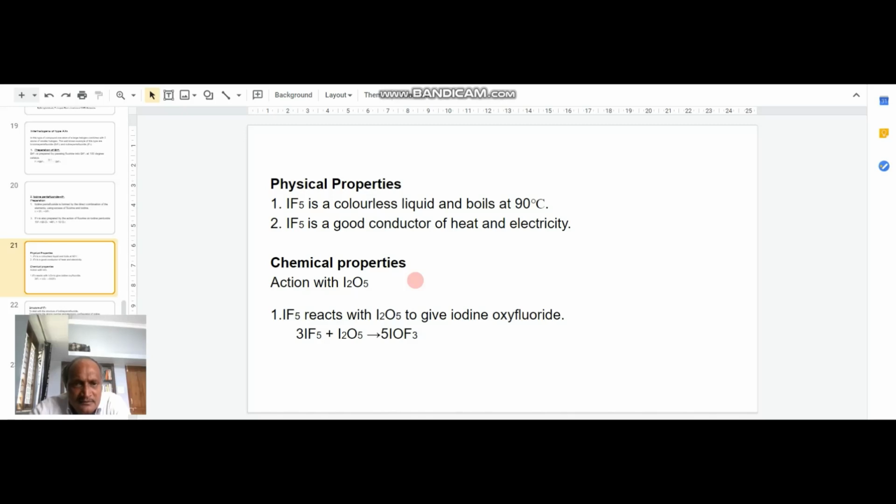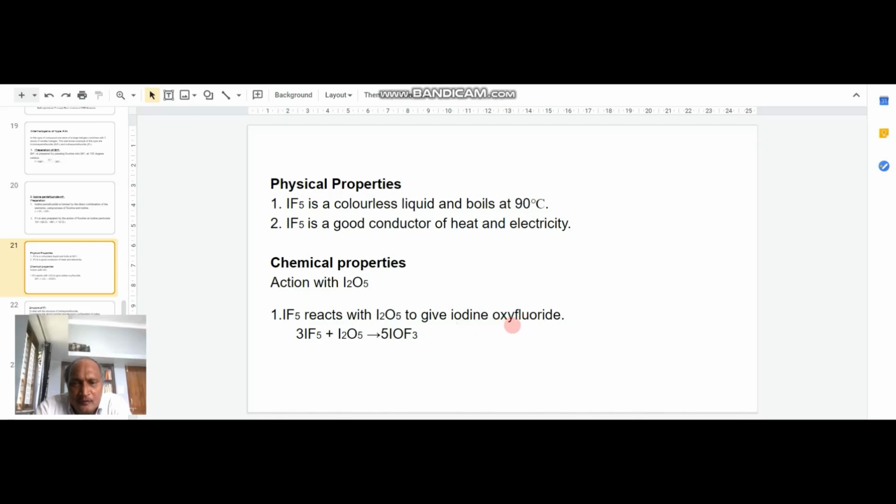So first one, that is action of iodine pentafluoride with iodine pentoxide, that is action with I2O5. IF5 reacts with iodine pentoxide to give iodine oxyfluoride. That is, 1 mole of iodine pentafluoride reacts with 1 mole of iodine pentoxide to give